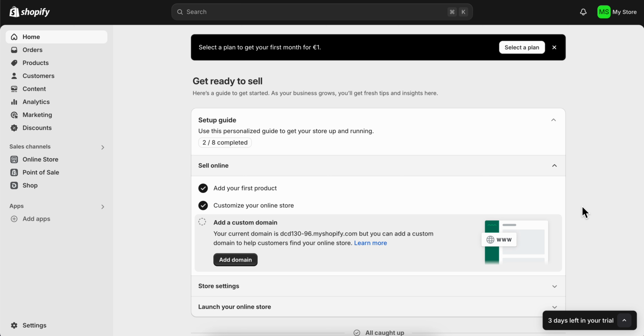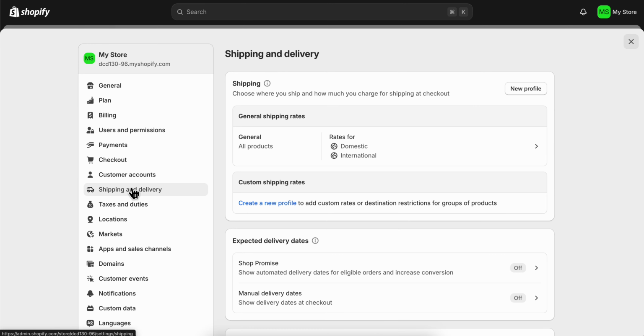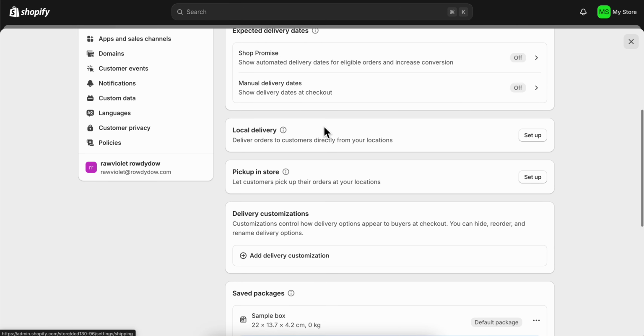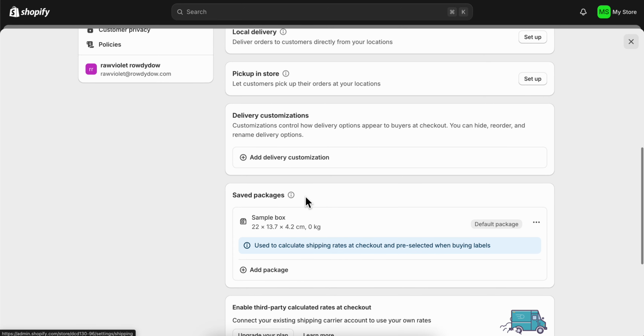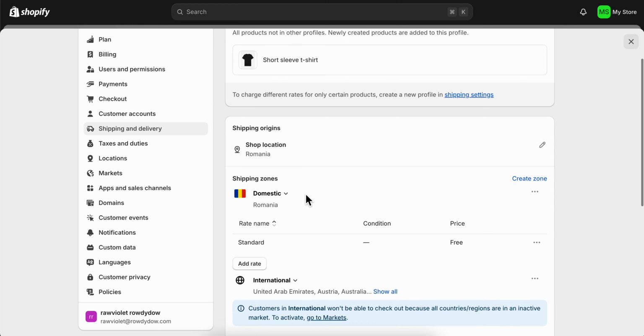How to add free shipping over a certain amount on Shopify. So the first step is to simply go to your settings, and then you're gonna have to go to shipping and delivery, and then here you have your general shipping rates, and here you have other options, as you can see right here. So what you're gonna have to do is simply go to general,